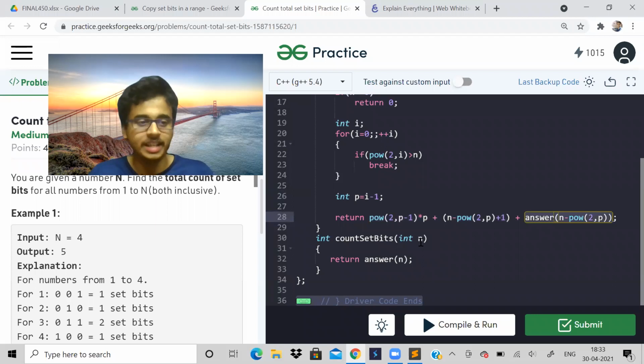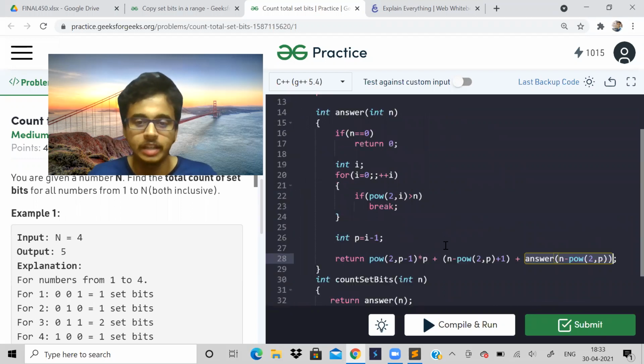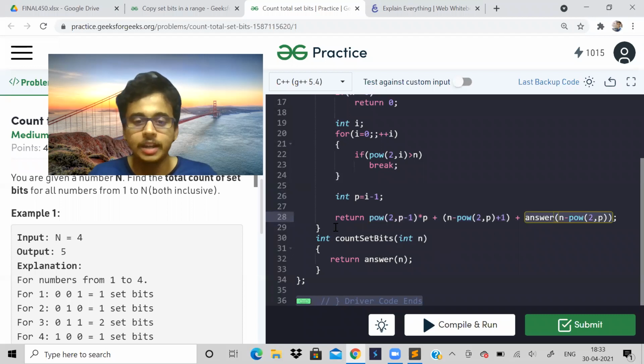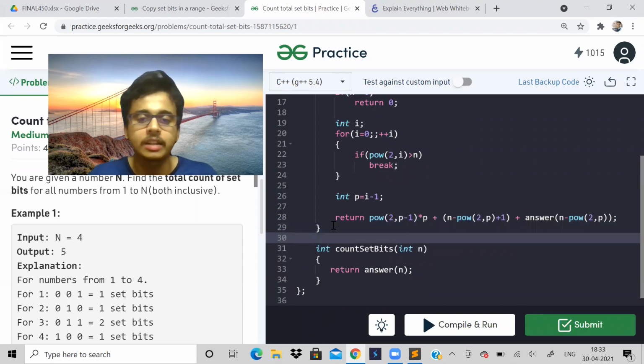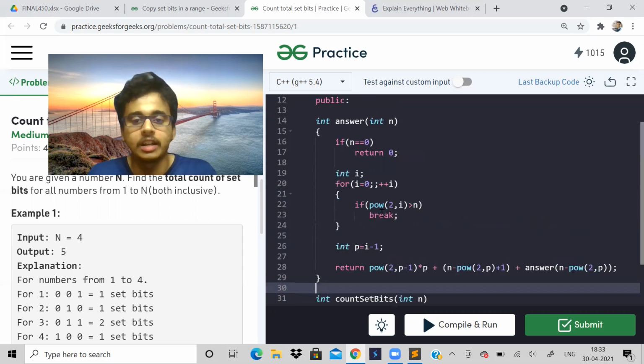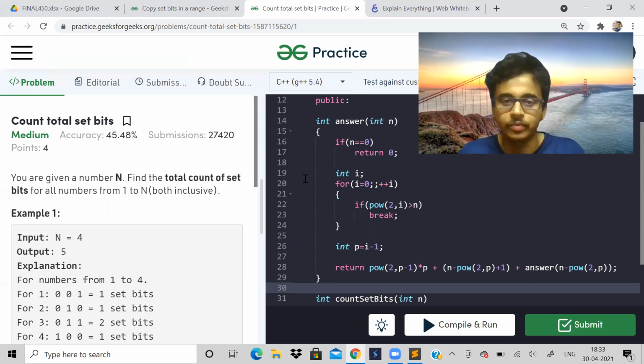So this is actually a hard problem. If you were asked this in an interview, it would be very tough, even for me. If you solve these kinds of problems beforehand, maybe in the interview you can tell it easily. I hope you could understand the logic. Try it with some different examples, and I'm sure you will get the code correctly.